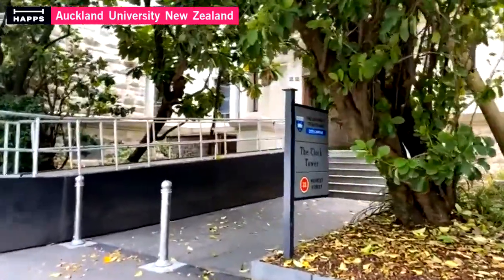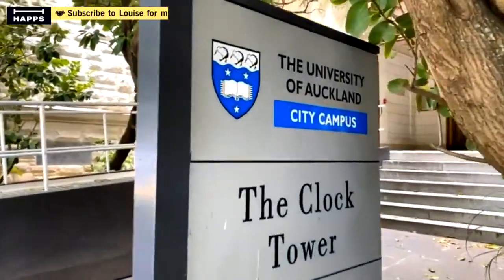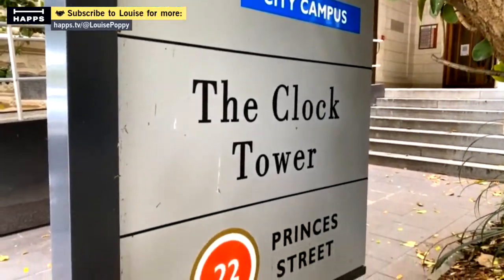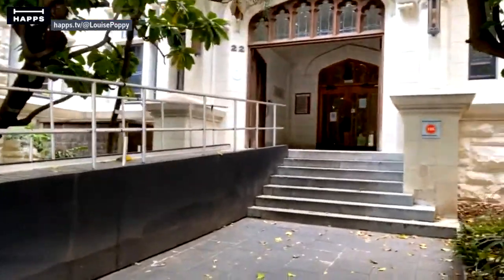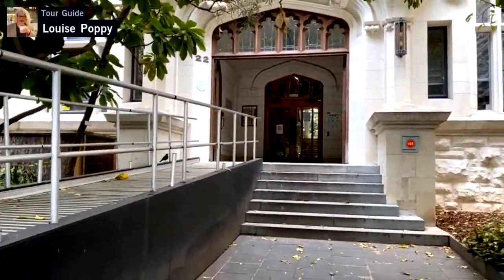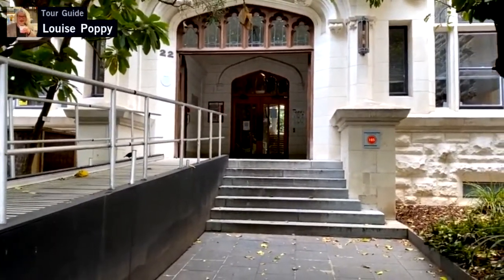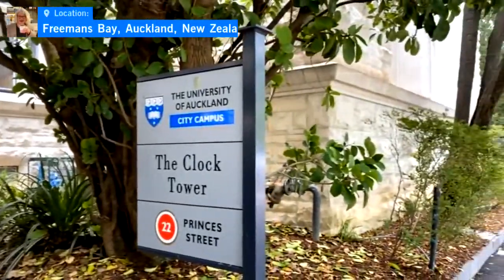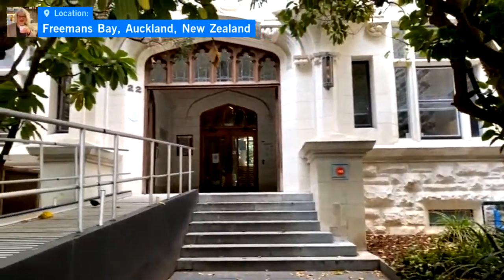And there we go. It is called the Clock Tower. Do you see? Auckland University, city campus, the Clock Tower. So I'm actually not sure what it's used for at the moment. Inside is amazing. It's got the most amazing tiles. We're going to walk around. We're going to end up at the very back of the building. It was the Student Information Centre for a long time, but that's been moved to